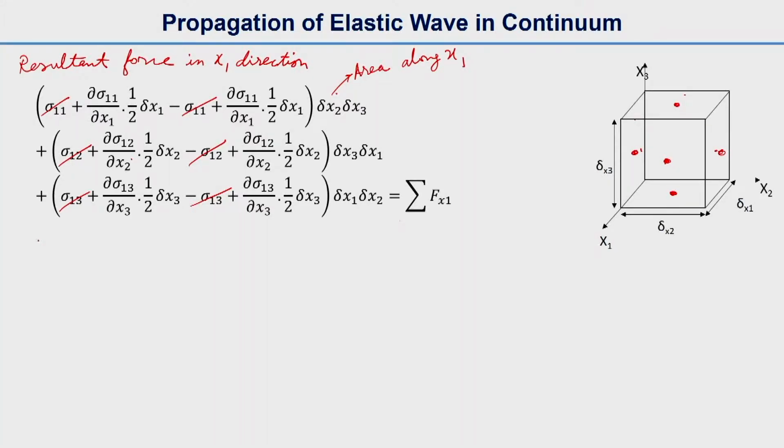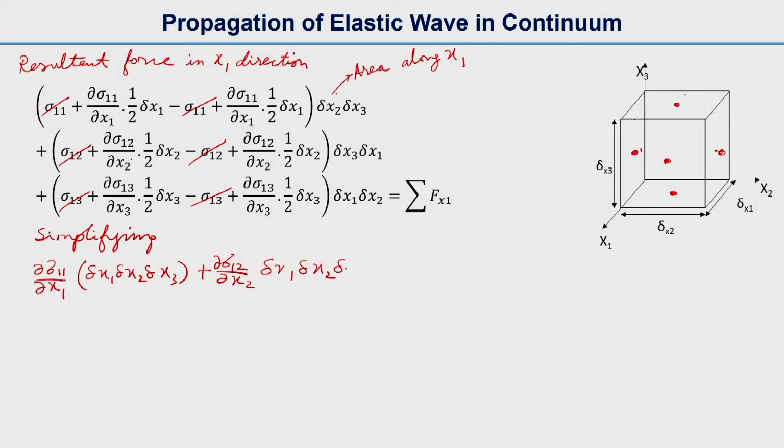So simplifying, we get partial of sigma 11 with respect to x1 multiplied by delta x1 delta x2 delta x3, plus partial of sigma 12 with respect to x2, multiplied by delta x1 delta x2 delta x3,